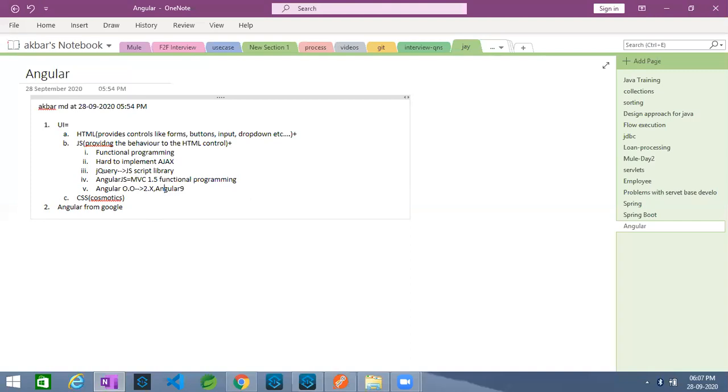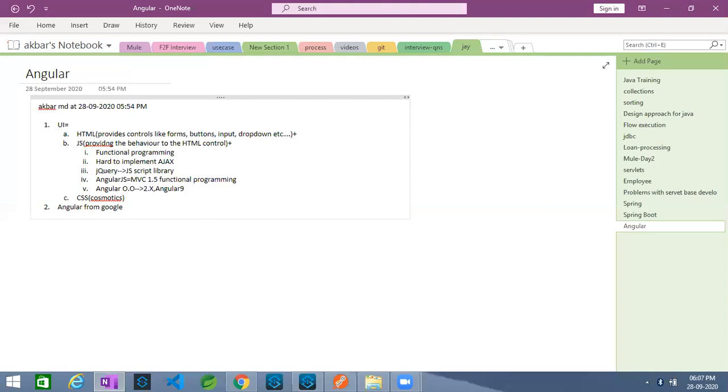Angular is Angular. Even Java has released Java 14, but at a high level the root is Java only. Similarly, your Angular is like that. Angular was released from 2.x and the current version is Angular 9.